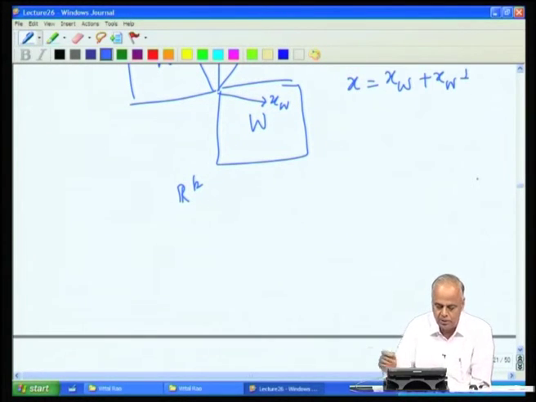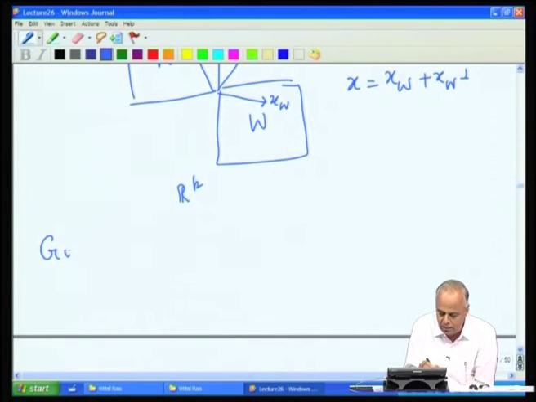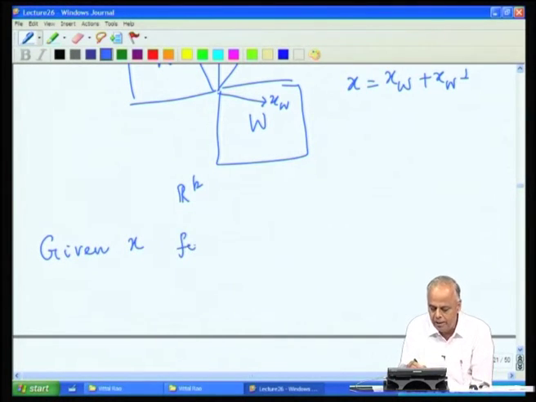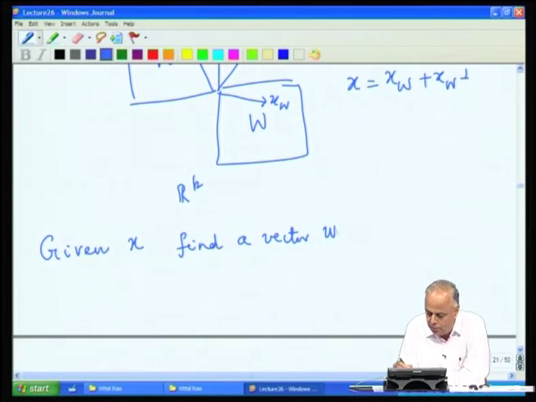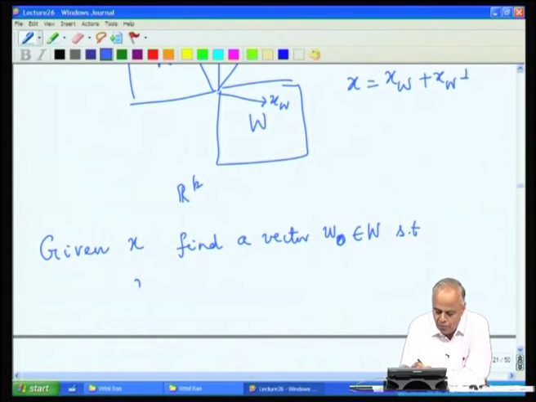What this means is, given x, find a vector which we will call W naught in W, such that